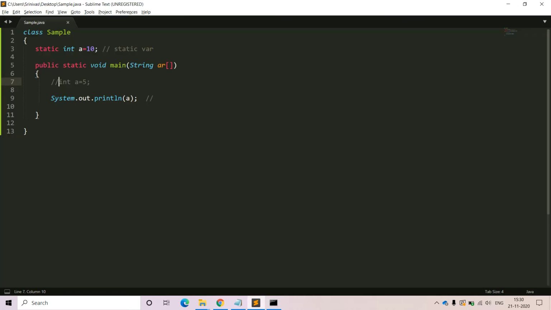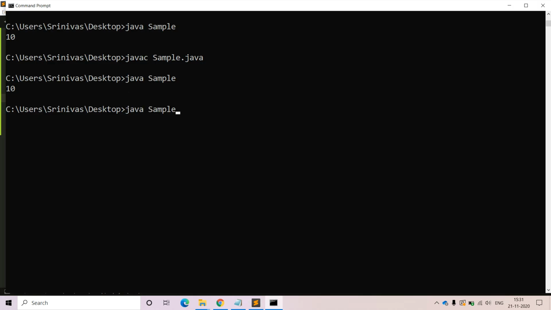But if the naming ambiguity is there between the local variable and the class level static variable, both the variable names are the same, and if you are trying to access the variable name itself, it will give the value associated with the local variable. Why? Because the JVM preference will be given to the local variable. It is having the highest precedence. So due to that reason we are going to get the local variable value, and the output for this example is 5. Try to check it now. Yes,